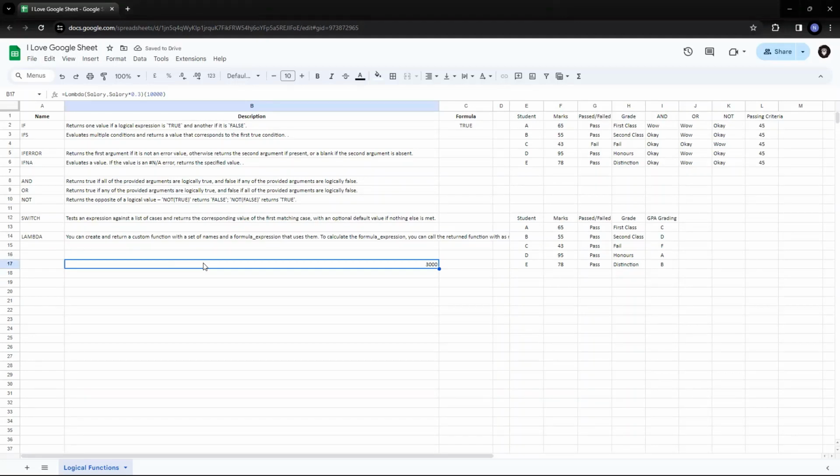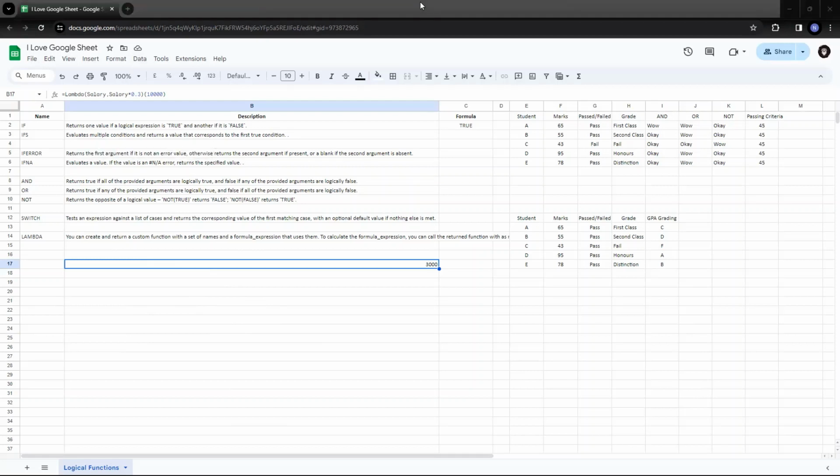Now you'll say you can directly multiply 10,000 by 0.3. Then what is the use of a Lambda function? Lambda is specifically used when you want a function which can take input as an argument. Instead of a named function, you can use a Lambda or a named function. So for an example, I'll tell you,